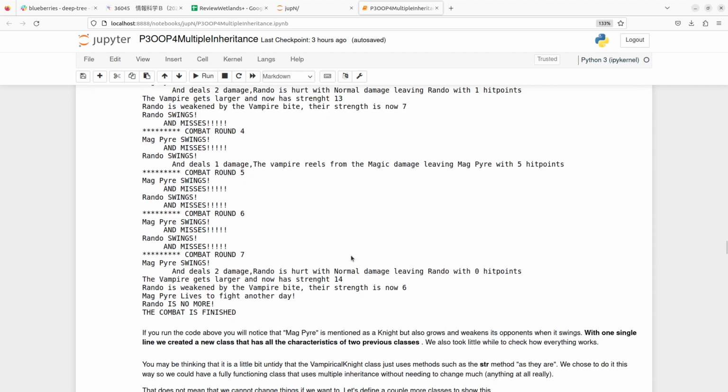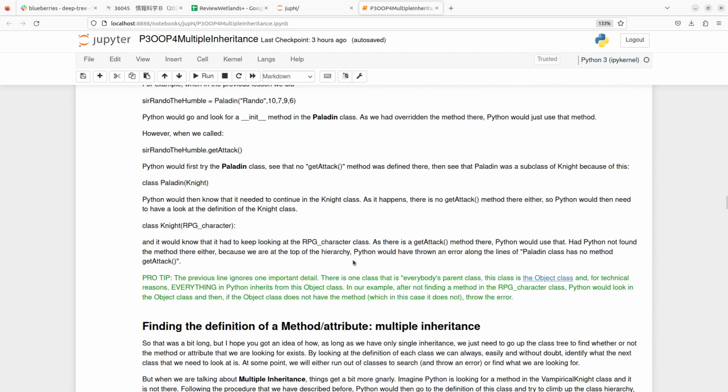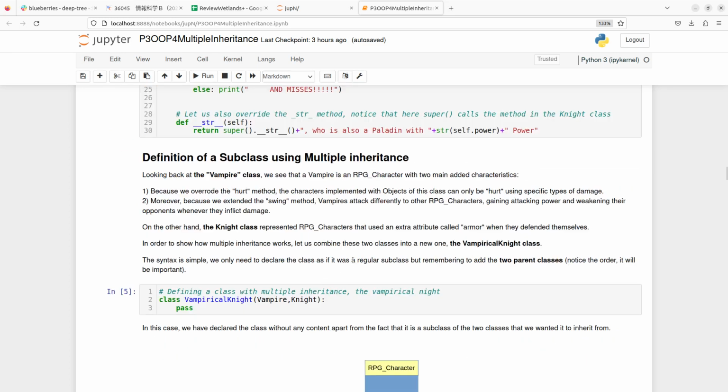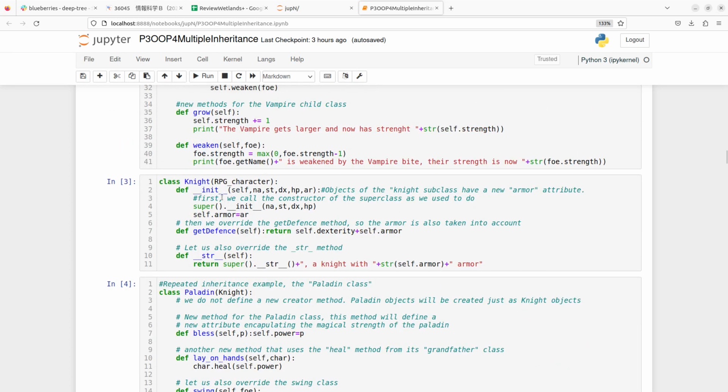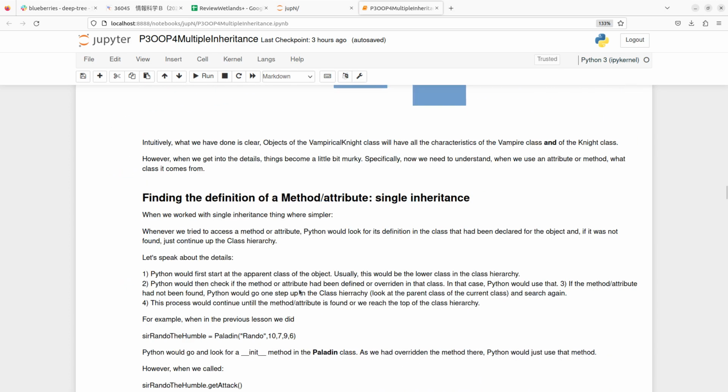And when I go to the knight class, what happens? Basically, I do have an init method, but it requires one more parameter than what I have. I don't have this armor parameter, the last one. And because of that,